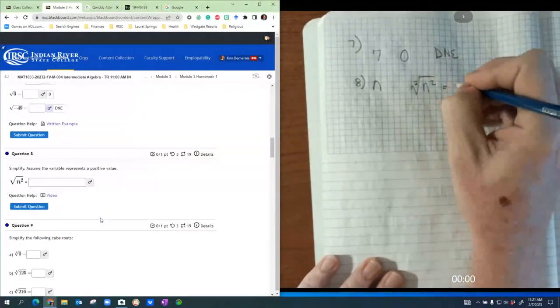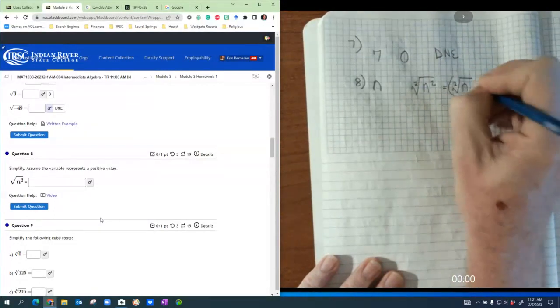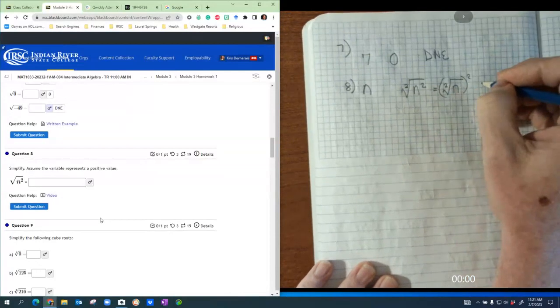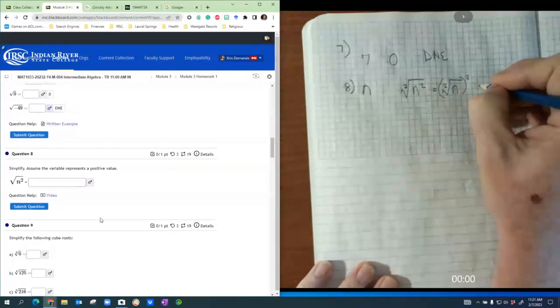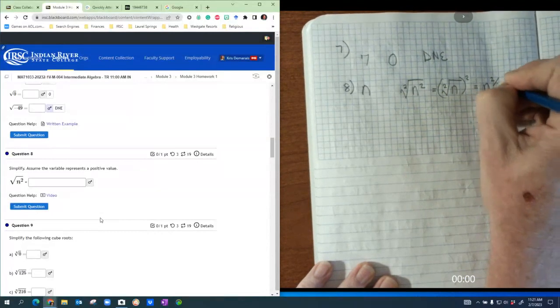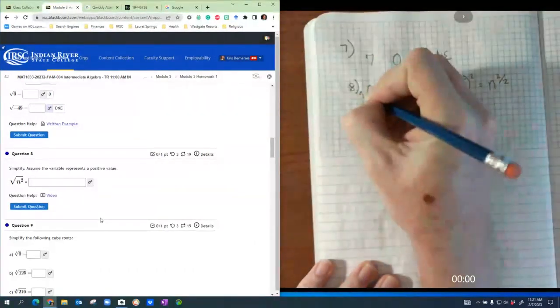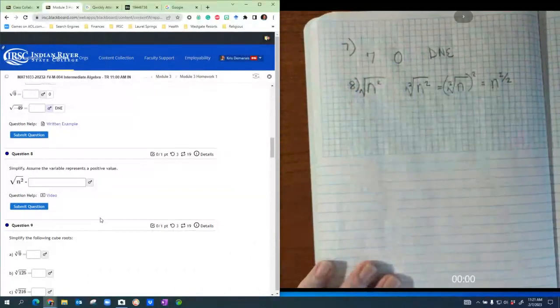You can write this as this, or you can write it as this, or you can write it as this. And I'm going to show you something else. Okay? There are 3 different ways to write that same exact problem, and that is the square root of n